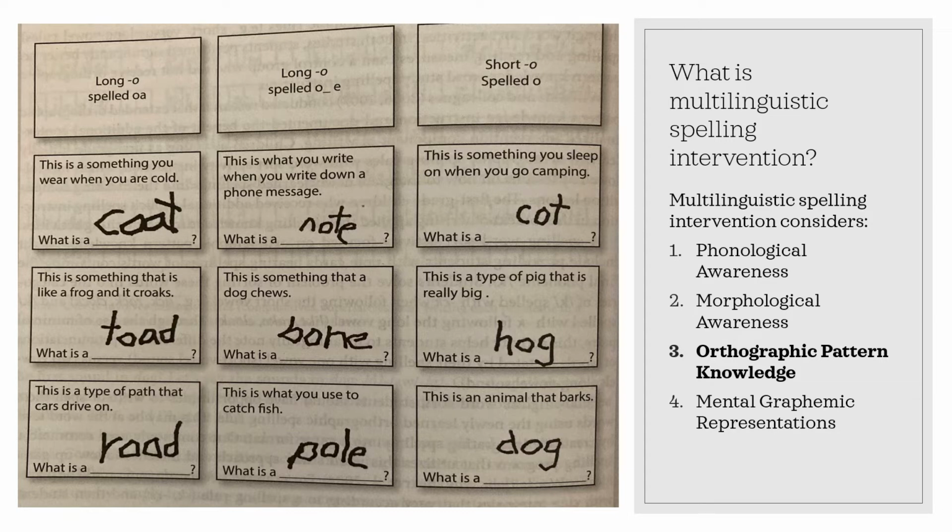The third component is orthographic pattern knowledge. With this type of activity, the child or the student is receiving more explicit instruction on the actual spelling rules and orthographic rules of the English language, which will then help them apply their new knowledge of spelling into their writing. With this specific activity, the OA and the silent E and the short O sound are being targeted, and